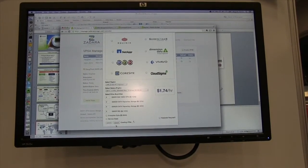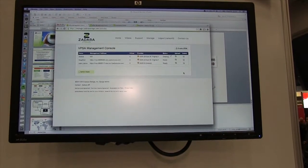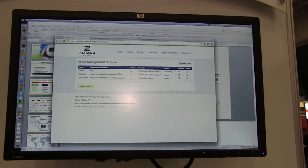If you look down here, it's creating my VPSA. And it takes only 90 seconds. And think about this while it's creating. This is a full storage array with dual controllers for high availability. With full features: snapshots, remote mirroring, thin provisioning, RAID, NFS, CIFS, iSCSI, all of that, and you can create it